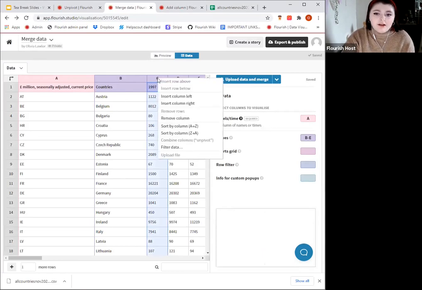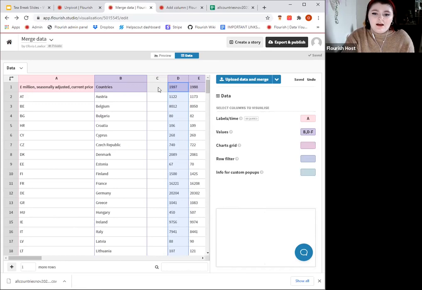You will want to right click on whatever column, sorry, where you want to insert it, left or right. I'm going to put it to the left, and then I can put this as region, for example. And then if I had regions, I would be able to copy those into here and possibly merge it. If I had that data sheet, if I had the regions with the countries, I could easily just copy that into there and merge it.